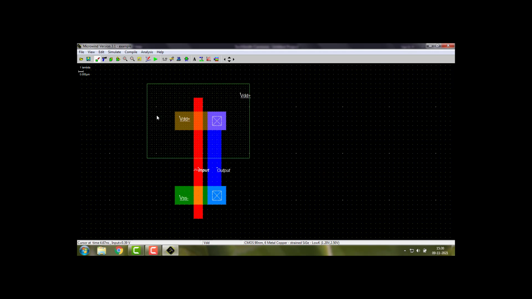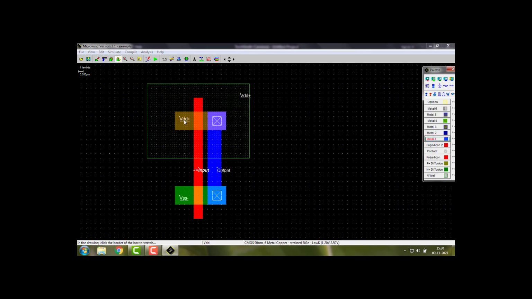So let's increase the size of the p transistor and stretch it. This is difficult now because the transistor has been formed already. So what I do, I'll make the p transistor twice that of the n transistor. So I'll put another 4 lambda.